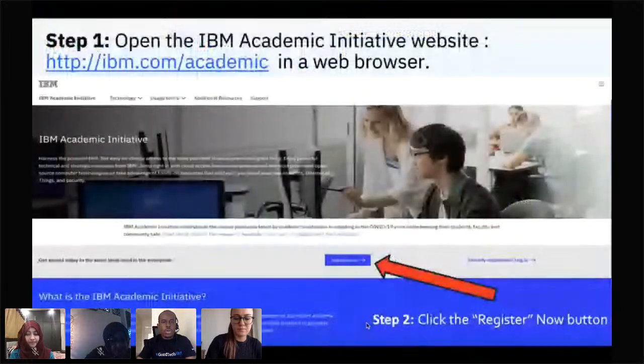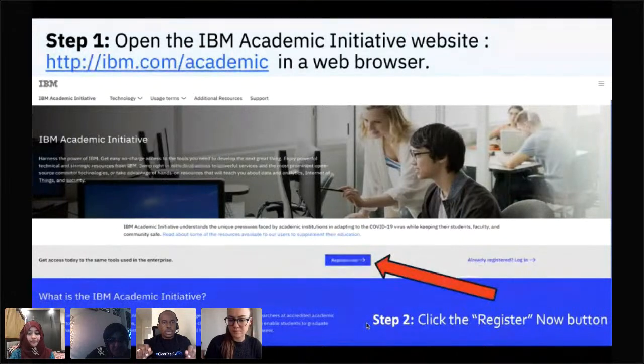So let me walk you through very quickly the process for you to get into the academic initiative, and then you can use some of those resources that you find behind there to access and use for your call for code submission. So step one, go to the website